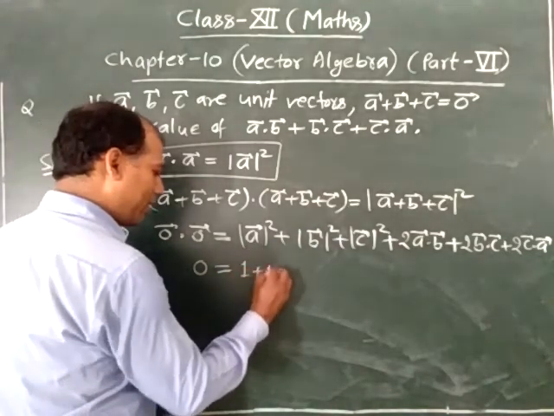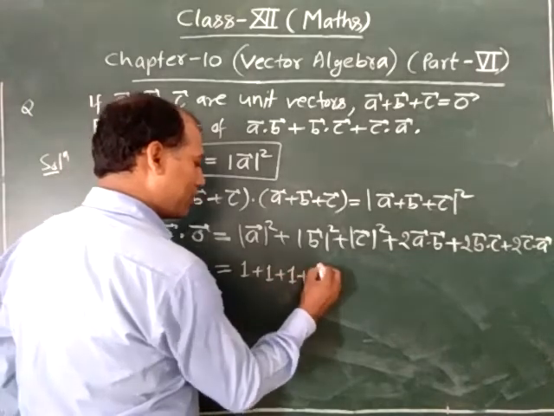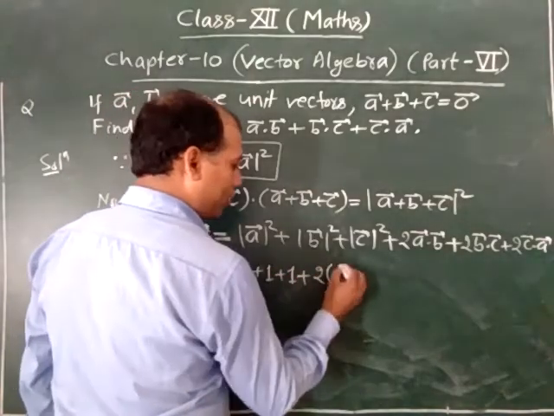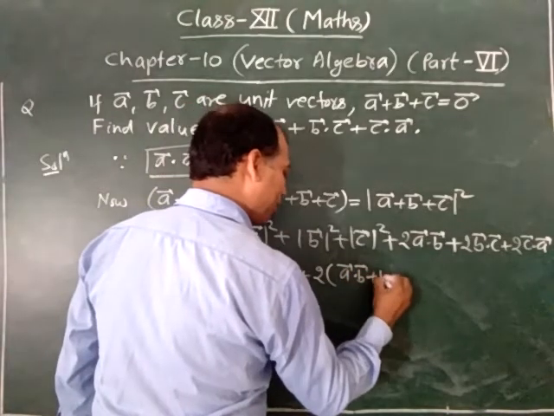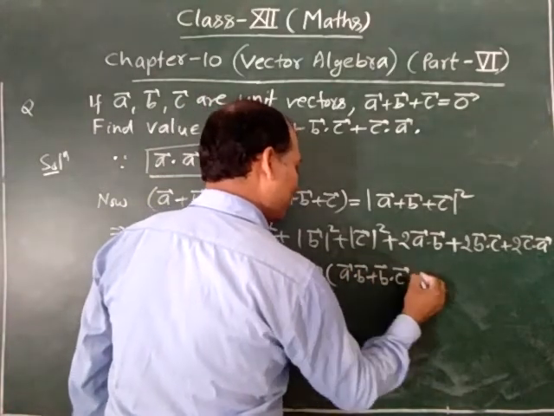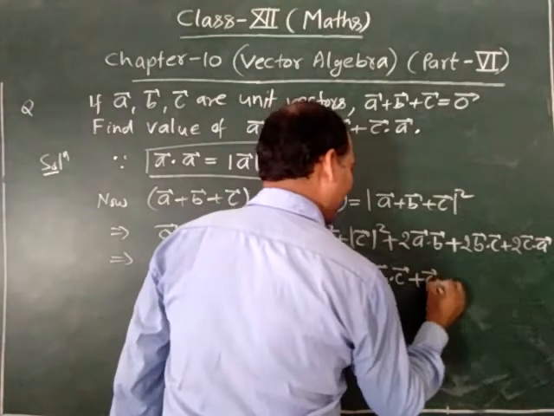So we can write 1 plus 1 plus 1 plus, and we can take 2 common, A dot B plus B dot C plus C dot A,